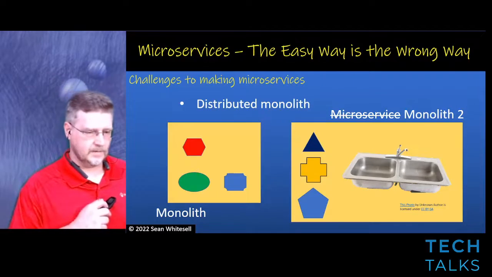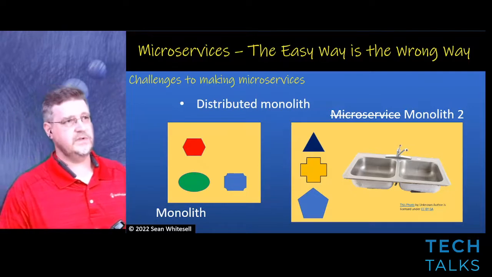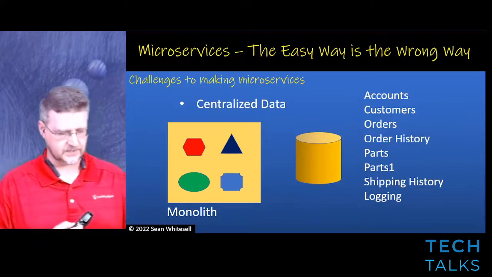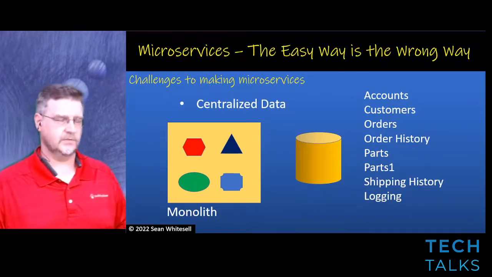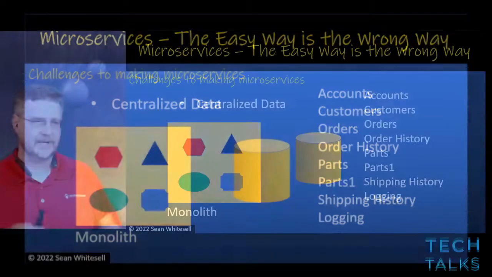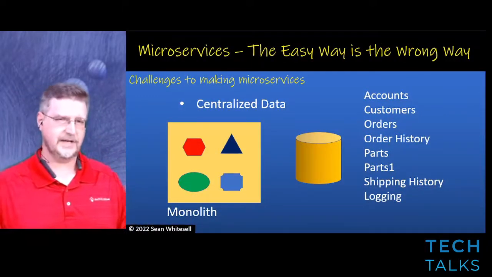So we're going to switch gears to another challenge with microservices, because of one of the other rules. I say rules, it's not my rule, but it's a rule that I've heard, and I disagreed with it at first until I understood the real constraint here. The rule is that if a microservice persists data, then it needs to have its own database. Now, there are variations on the implementation of that rule. Is it its own database or its own database server? That's debatable. But why should it have its own?